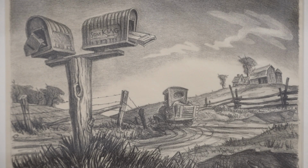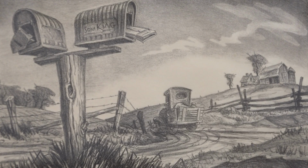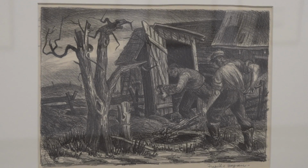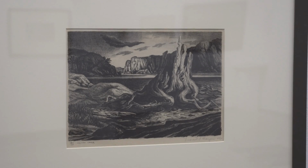In the simplest form, it is a very, very time-consuming and complex process. But the simplest way of explaining it is that it's based on the principle that oil and water repel each other. I think you can see this quite clearly in Hagan's lithographs. They look like really beautiful charcoal or graphite or Conte drawings. So they're drawn on an extremely smooth surface, usually a stone,